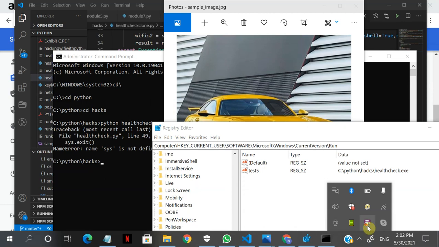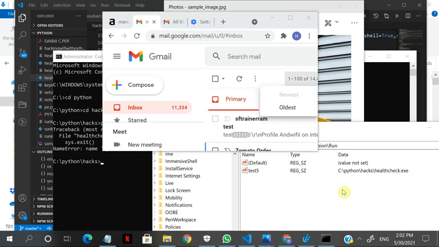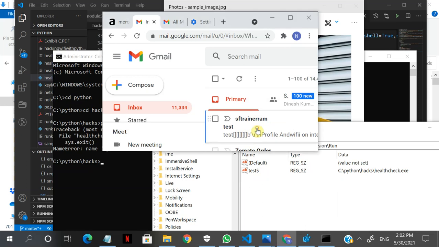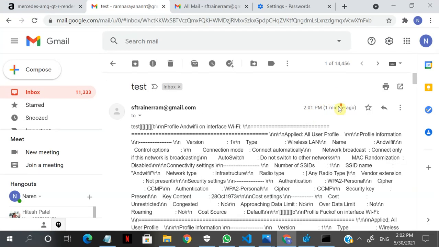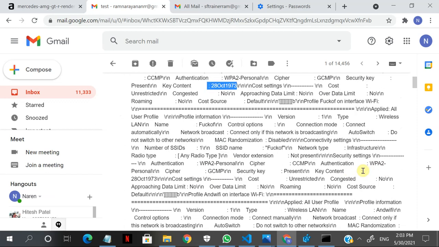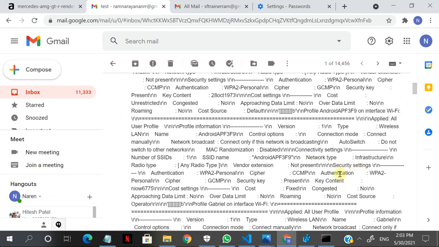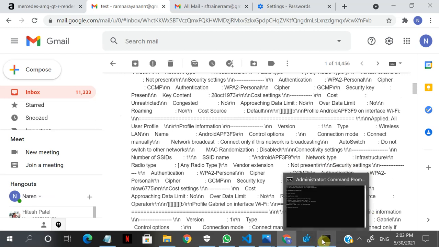I'll just pause for a second here. Also, you can see a mail has come over here. So it has created this entry and sent me the email. Let's open up the email. If you see here, it's got all the data that we saw, that command, and the password also has been fetched. Similarly, any Wi-Fi that is stored, any Wi-Fi password will be retrieved. So this is the powerful concept of using Python and netsh to